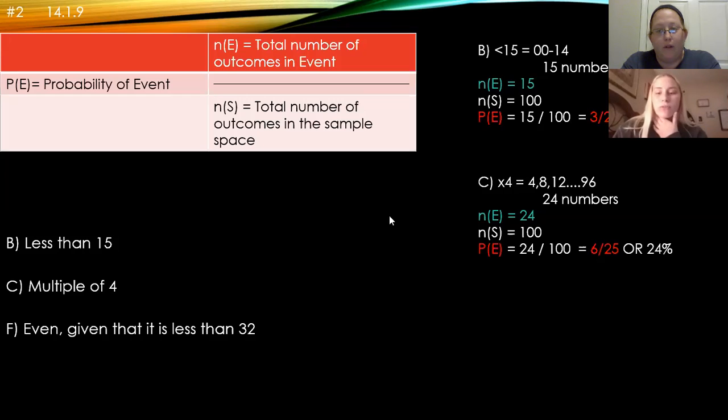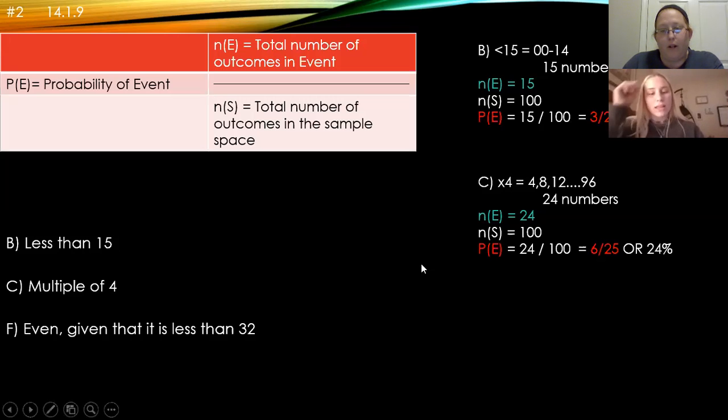And then for a multiple of 4, so you have multiples of 4 like 4, 8, 12, and so on and so forth. And in that, there are 24 total numbers. And so your total number in the event is 24, sample space is 100, and so the probability of the event is 24 over 100, 24%, or 0.24. And then the even given that it is less than 32 is going to be